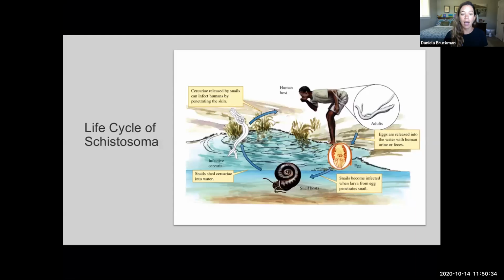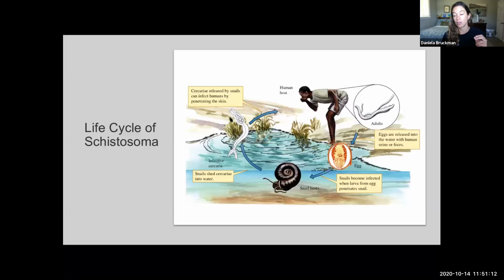So the way that this happens is we'll have a human host come to a body of water. They might drink from that body of water, but this might be a body of water that is also used for urination and defecation. And so it's going to be contaminated with the excrement of individuals. And so if somebody comes along and they drink this water, they can acquire the disease that way, but you don't even have to drink the water because one of the stages of